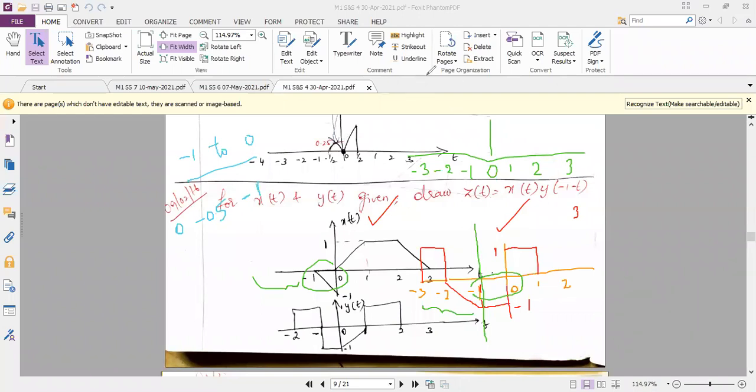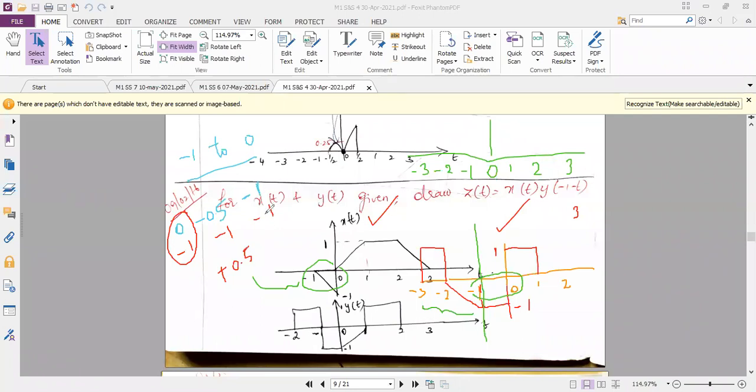Similarly, I want you to see the second diagram and tell me at -1, what is the amplitude? At -1, the amplitude is -1, and at the middle range, the amplitude is the same. So throughout it is the same, -1 and -1. Okay. So now as per the question, I have to multiply it. So when I multiply, this becomes 0. So I'll be getting -0.5 into -1, which is plus 0.5,